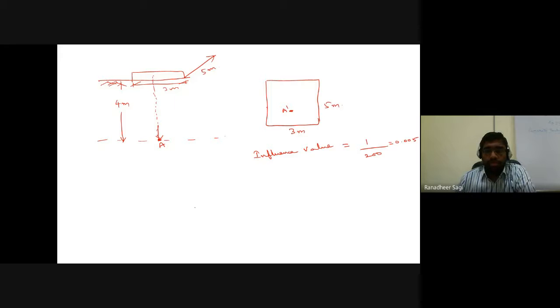Now, the scale. The area of your footing has to be transformed onto some particular size, because it is a graphical representation. First, the size of the footing that I have in the field has to be traced onto a tracing paper. The footing in my field has dimensions 3 meters by 5 meters, so that size has to be transformed onto a tracing paper, or we also call it a butter paper.